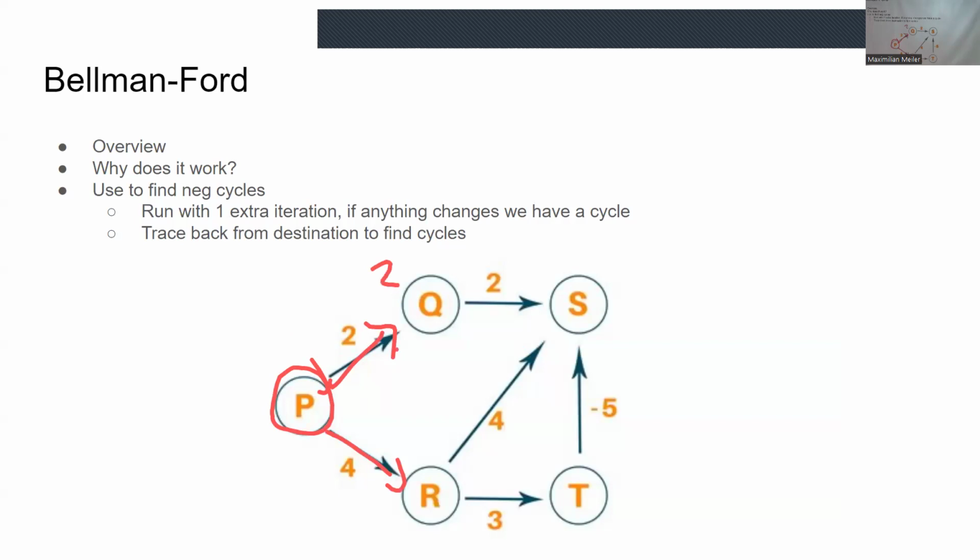We can update this and update this. And then these two were updated in the last one. So now we look at these ones and we say, okay, we'll update all edges coming out of this node. This one now is 2 plus 2, which is 4. This one now is 4 plus 2, which is 6. But we take this one. And then this one is 3 plus 2, which is